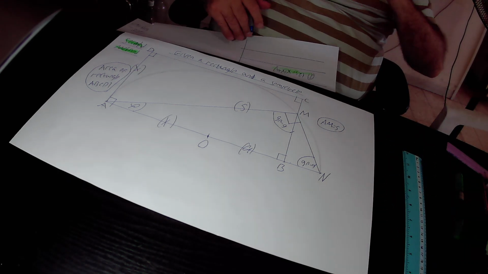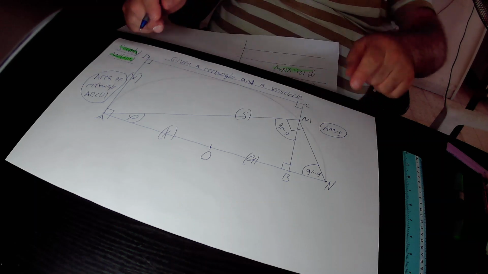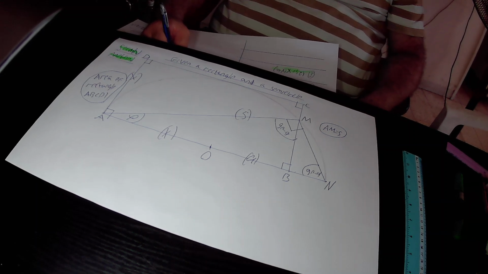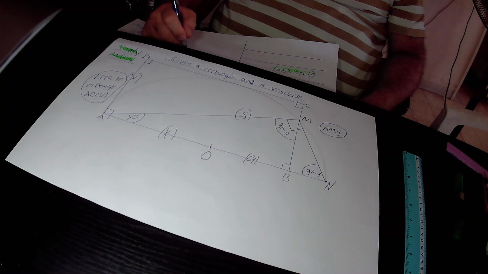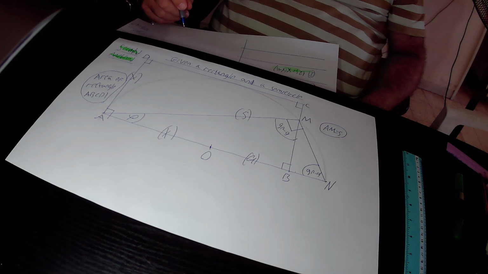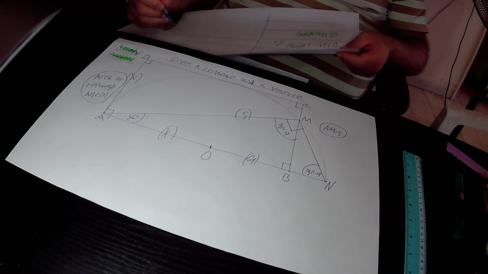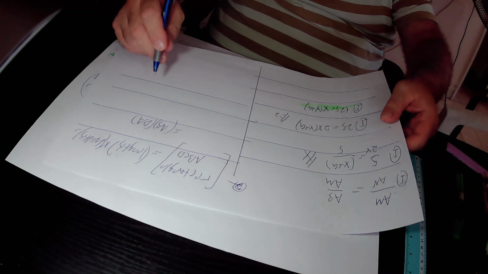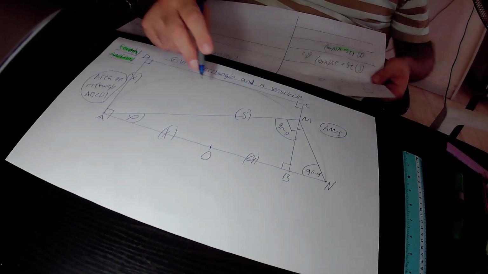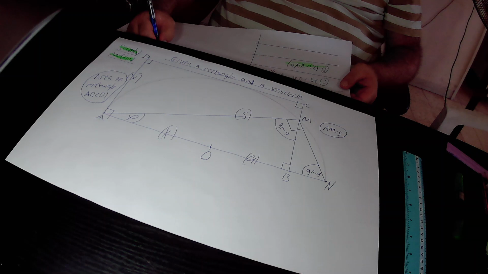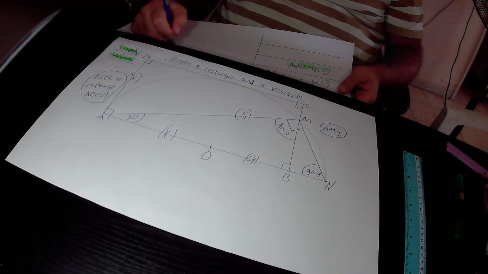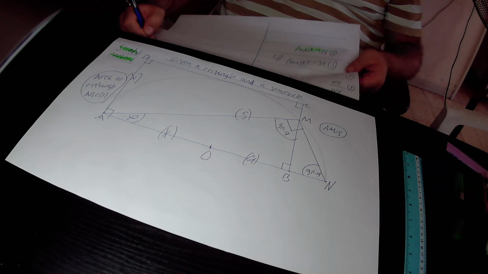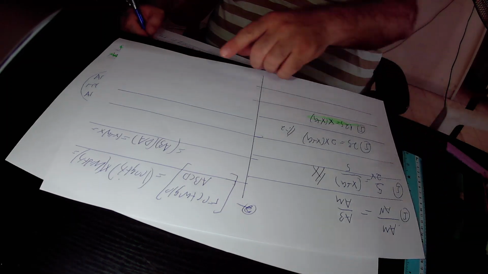times the width. The length of this rectangle ABCD is AB times the width. The width is DA. So in total, we found out that the area of rectangle ABCD equals AB times DA. AB is x plus A, and DA is x. So in total, we found out that the area of rectangle ABCD equals x plus